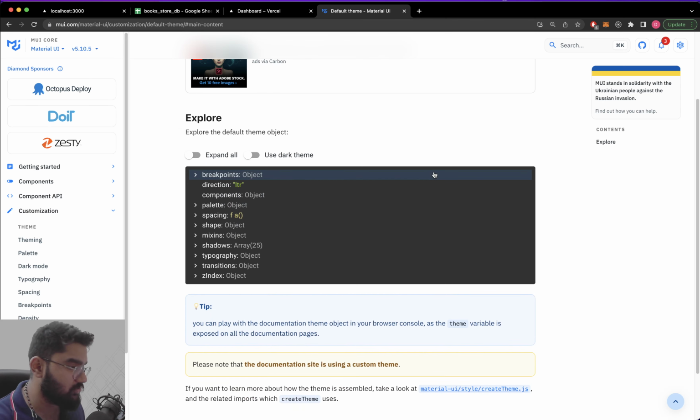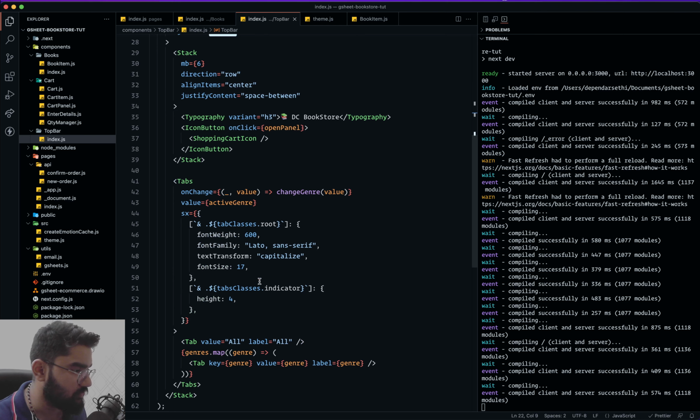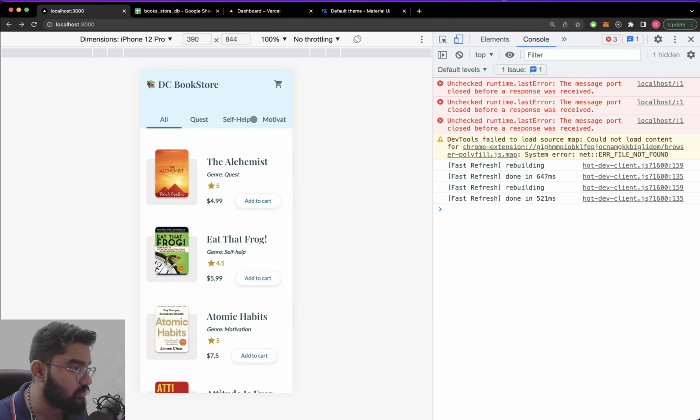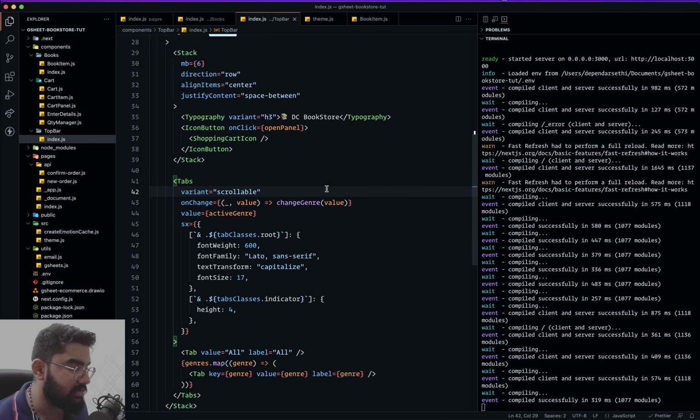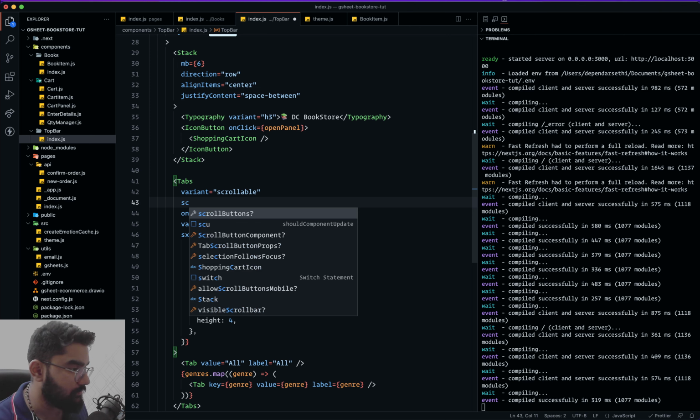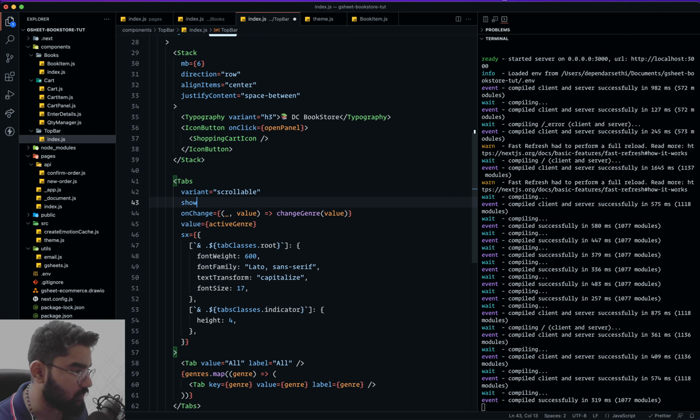So we do have the option of making them scrollable. Actually, I do know what it is. So let's do it right away. On the tabs component, we can pass down the variant and we can set it to scrollable. If we do that, now it should be scrollable. The other thing is we can display the buttons to scroll, just to make the user experience a bit better, but feel free to debate on that end. So we can set it to be of show